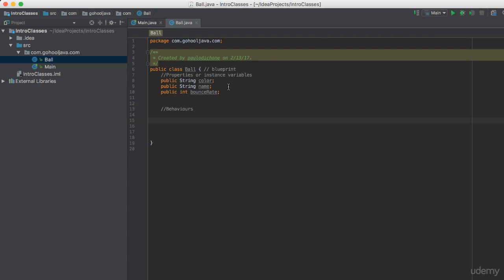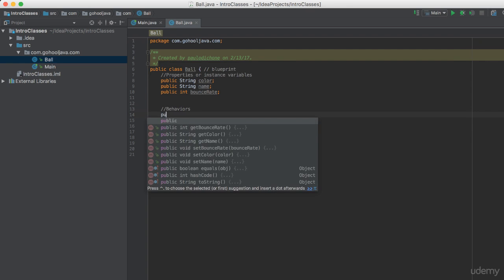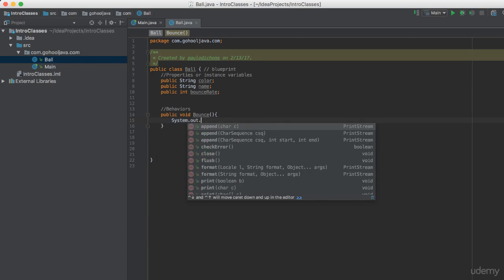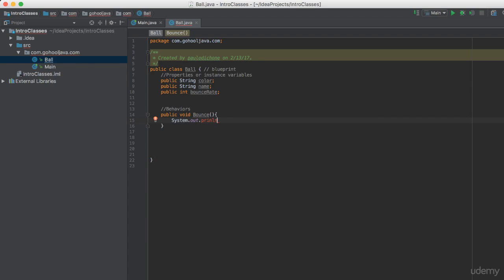So these behaviors, I wrote like, in the United States, we just say behaviors. All right, these behaviors, we represent those behaviors by using methods or functions. So we can say public void. What's one behavior that a ball has? What does a ball do? It bounces. Bounce. And we can say system out print ln